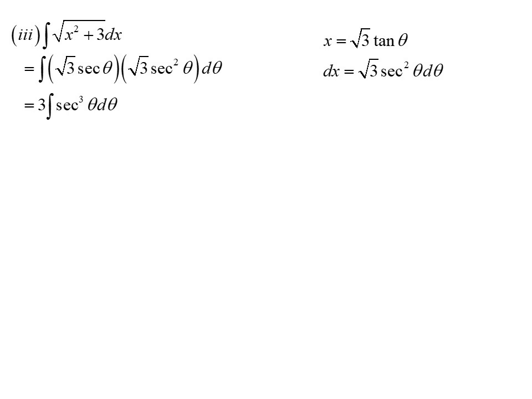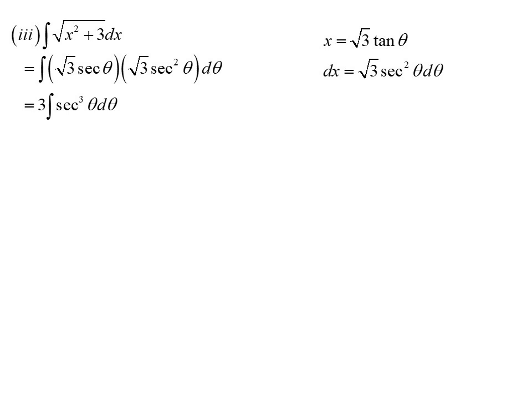The root of x squared plus 3, I've done it all in one hit this time, but that would have been 3 tan squared plus 3. 3 tan squared plus 3 is 3 sec squared. The square root of 3 sec squared is root 3 sec. That's where I've got that number from. Multiplying out, we get 3 times the integral of sec cubed, and that's when we now start crying, because